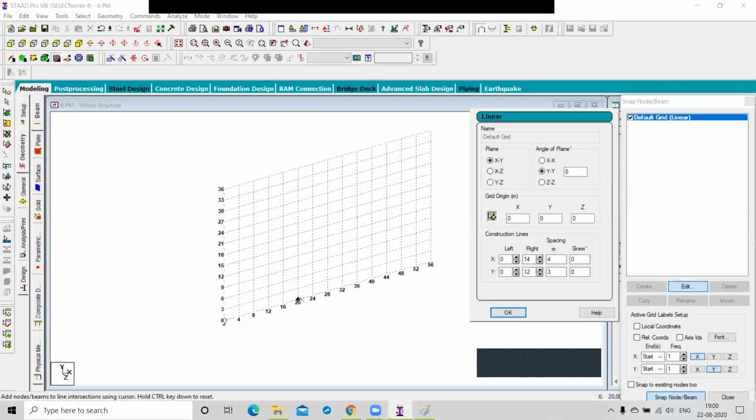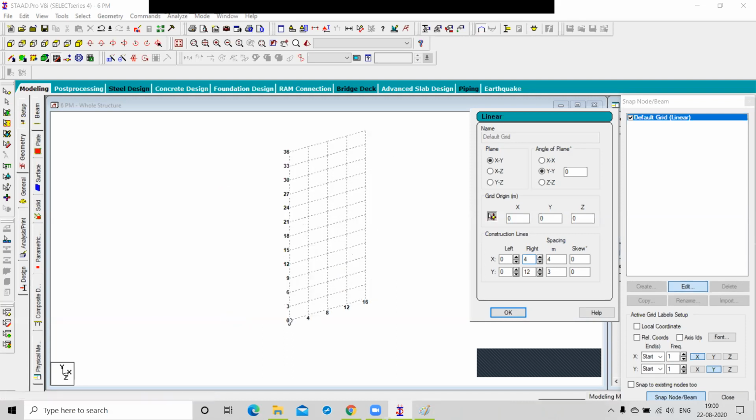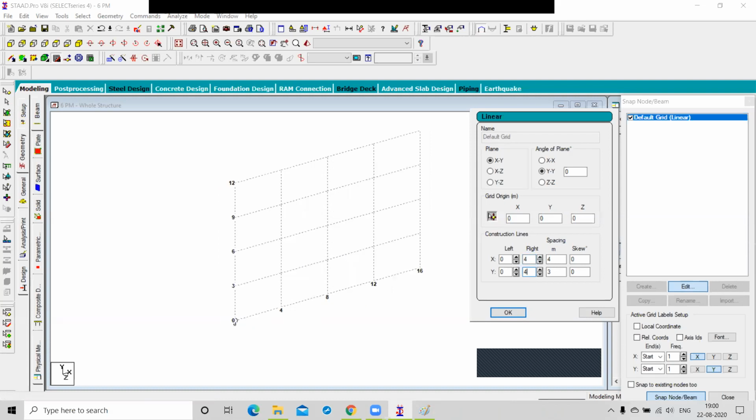This is the two big grid, right? Now I'm going to change here. We have 4 in the x direction and 4 in the y direction. So this is your desired grid.